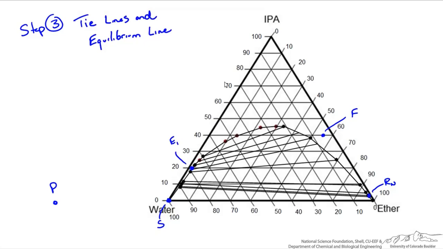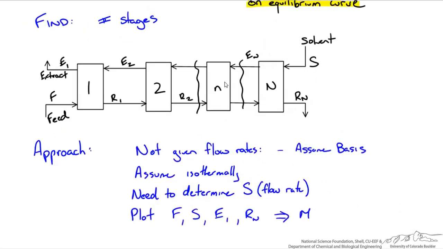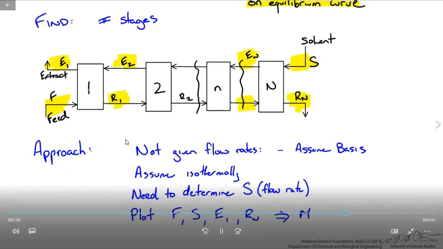After locating these, you see that he has located P, and after locating P you can even remove those lines, as I told you they are of no use once you have located P. So look here, this is your system in which there are N stages. As we have seen, it is the same system. Feed is entering and solvent is entering, and extract E1 and Rn are leaving, and there are some in-between stages.